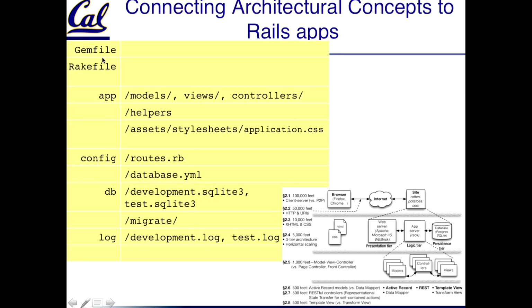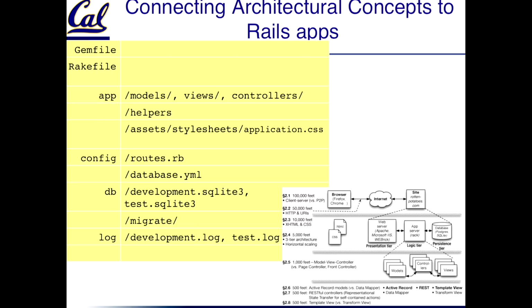So if you create a new Rails app, or if you use the Rotten Potatoes app that we've created for the course, and you take a look at what's in the root directory of the app, here's a bunch of stuff that you'll see. We're not going to look at everything in the main directory, but you'll find a Gemfile, you'll find a Rakefile, and now you're going to start seeing directories that correspond almost exactly with the concepts we've been